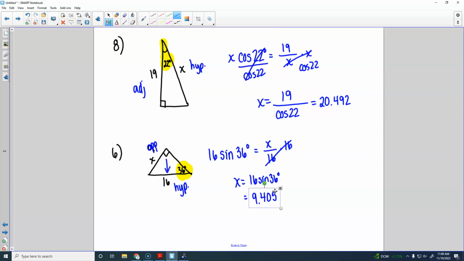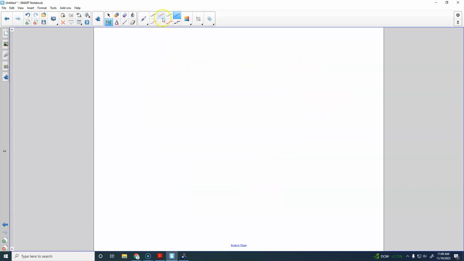All right, so those problems are ones where sides are missing. The other type of problem you're going to see are like 10 through 14, where your angles are missing. So if you want to make yourself a little note there, if you